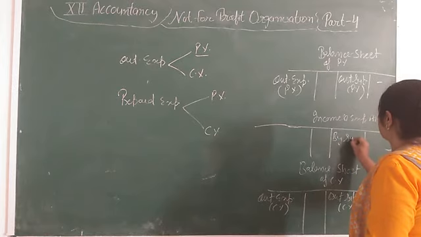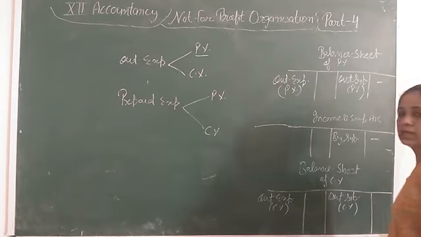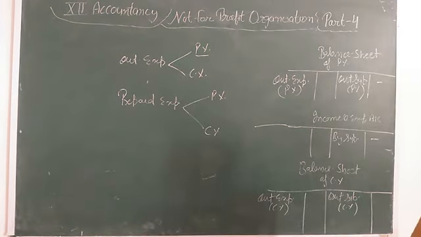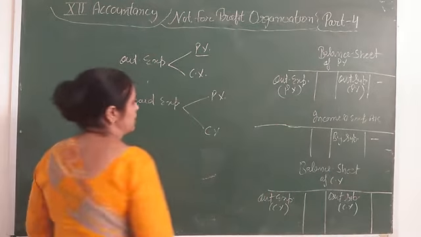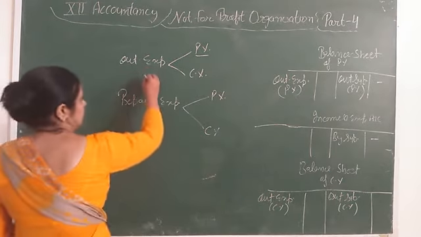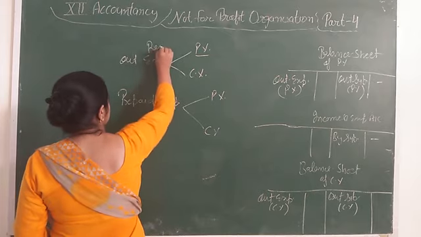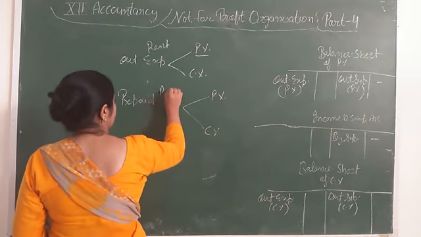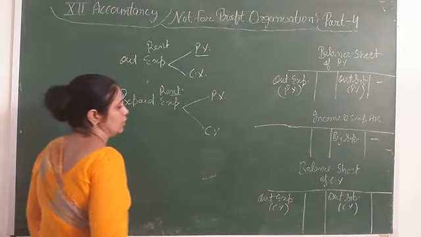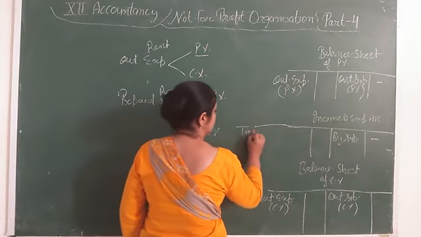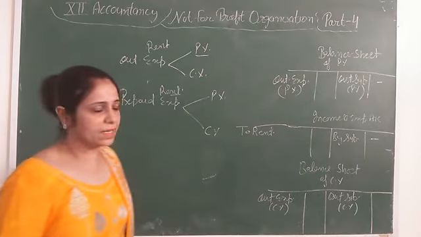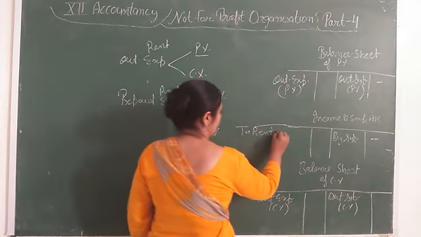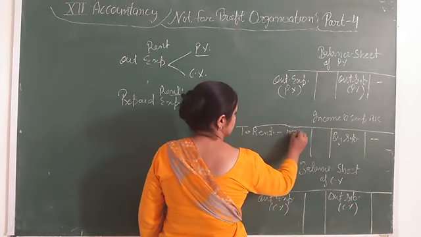In the income and expenditure account, on the income side we will find out the subscription by making the subscription account that I have told you. For the expense, say it's rent, how much rent we have paid is given to you in the receipt and payment account. On the payment side, say we have paid rent 10,000.